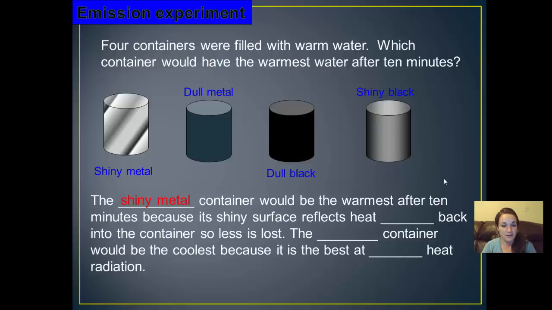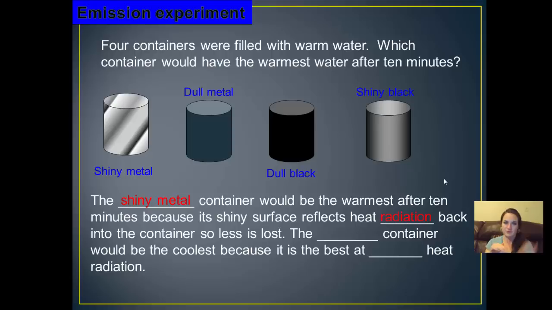So the shiny metal container would actually be the warmest after 10 minutes because its shiny surface reflects heat radiation back into the container, so less is lost. So we know shiny things reflect. So when the container has warm water in it, you cover it in shiny metal, it's reflecting that heat right